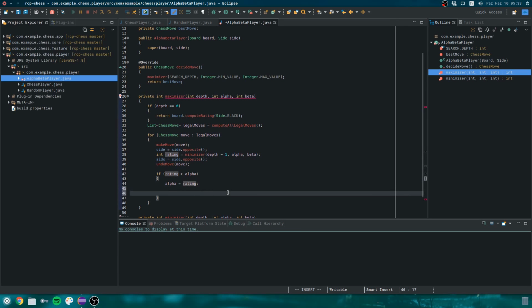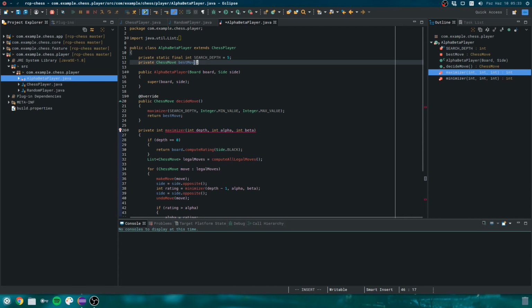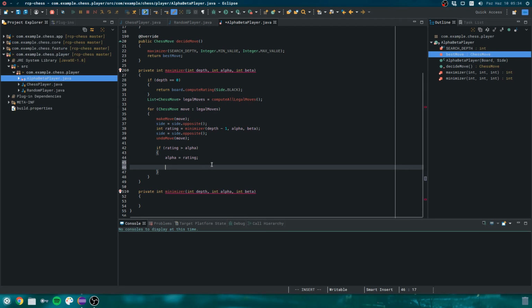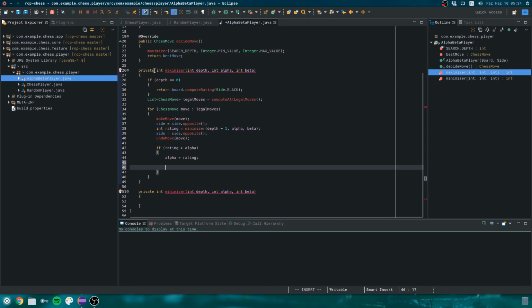And we have to do one additional thing here. If you remember, we are keeping track of the best move globally. So here is where we can update this best move, because we are in the maximizer, and if we came across a better alpha,